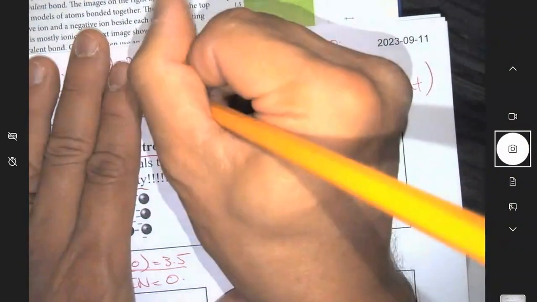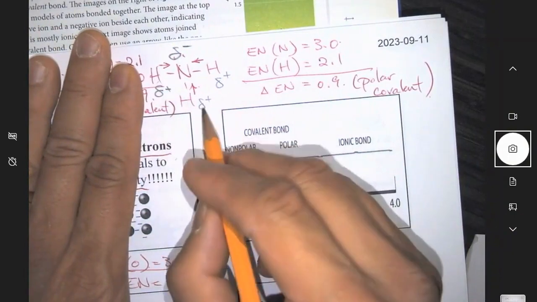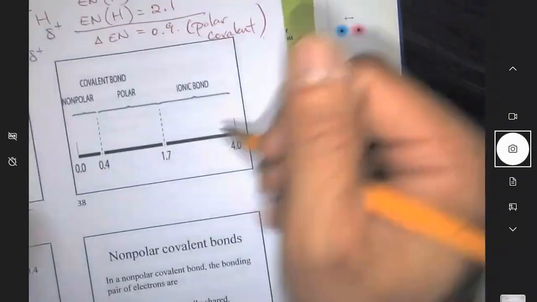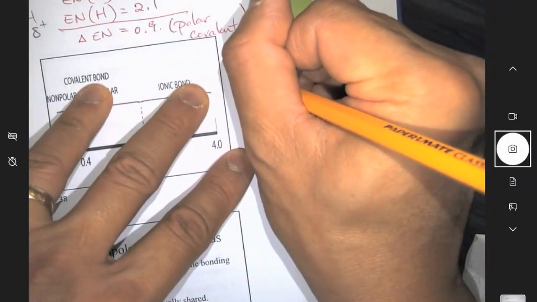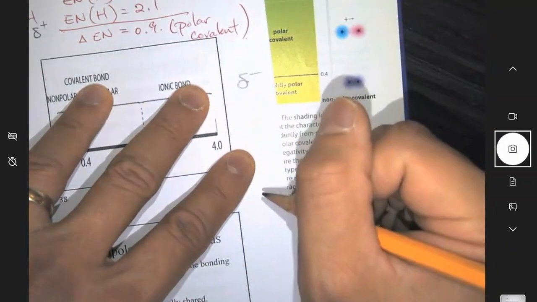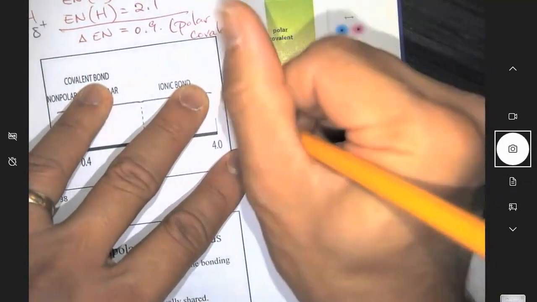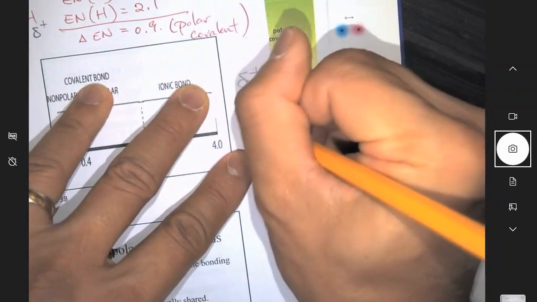Okay, so you guys see the symbol here? How you write the symbol? It's like this, or this. Okay, or